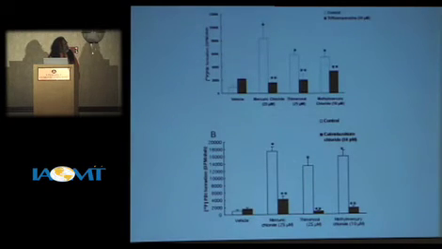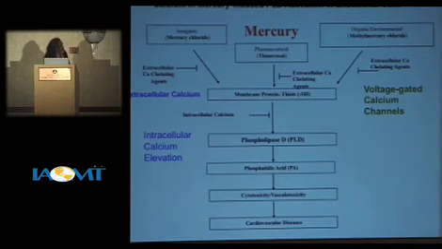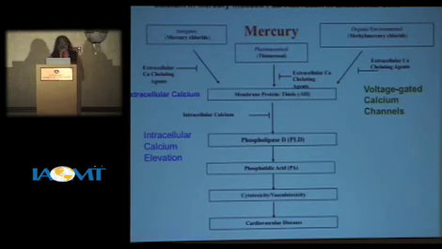When you completely block the calmodulin, again, you can see the inhibition. So calmodulin is involved. So these are the calcium levels inside the cell. When you treat with mercury, the calcium goes up inside the cell. So mercury elevates the calcium levels in the cell through the calcium-gated channel. So what happens is when the endothelial cell is hit by mercury, voltage-gated calcium channels are opened up and extracellular calcium gets inside, intracellular calcium elevation occurs, then that activates phospholipase D and causes the activation of the enzyme.